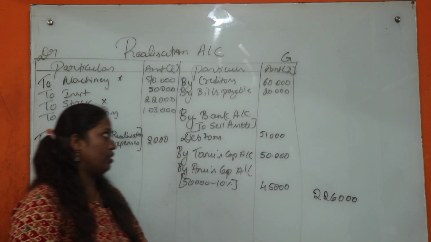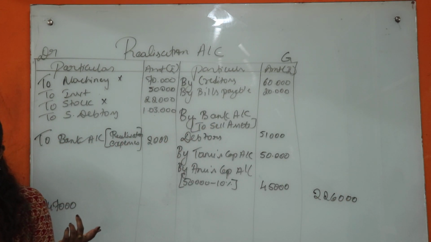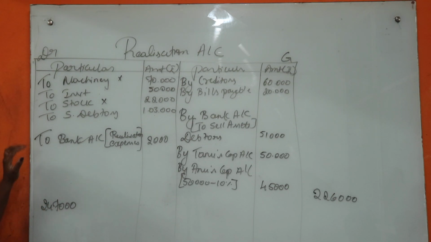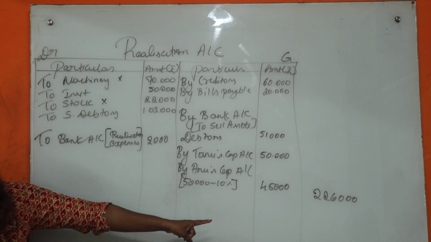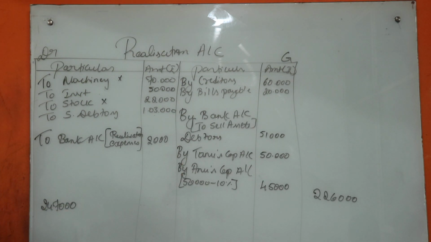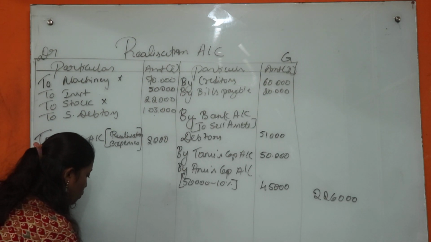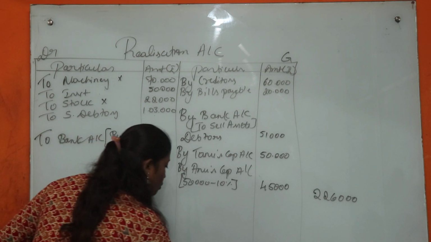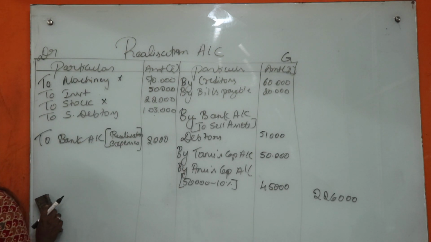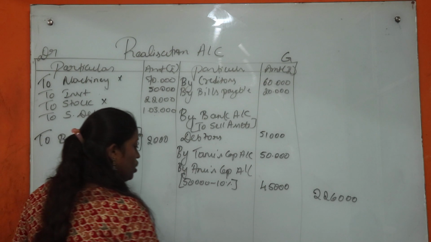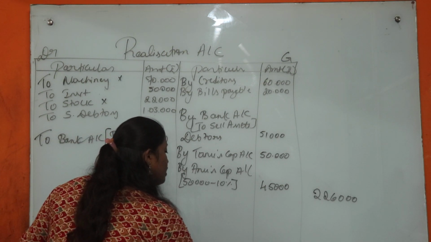That is 2,26,000. Listen over here. Debit side more or credit side more? Debit side more. If debit side is more, the company experiences a loss, right? If credit side is more, the company will be having a profit. Are you getting the point clear? Therefore, take the balance. 2,47,000 minus 2,26,000, 21,000. This is a loss.